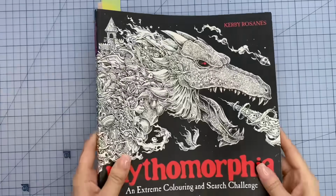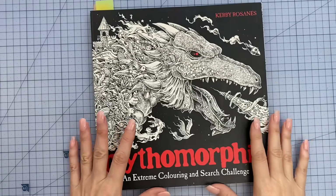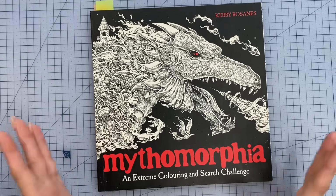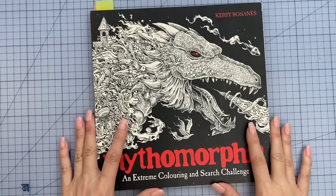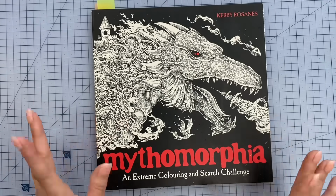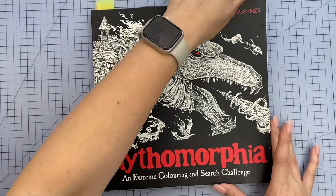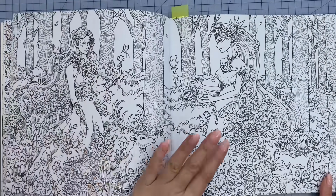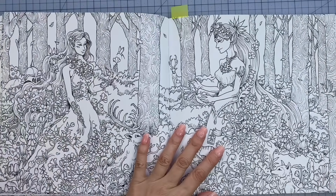Next up is Mythamorphia by Kirby Roseannes. I absolutely adore this book, and honestly picking just one page is nearly impossible, but I've managed to narrow it down to 2 and they are both double page spreads. So this is our second project book for the channel for the second half of the year. Now, the first page I've chosen is the Nymphs double page spread here,